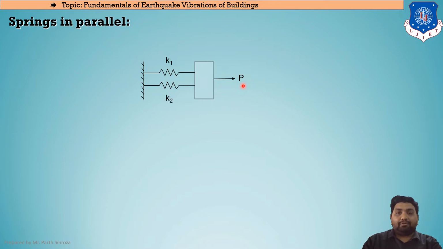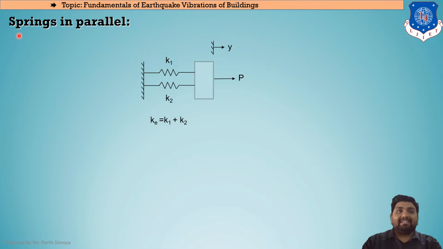After applying the force P, the mass will move in the horizontal direction. Assuming the displacement to be y in the horizontal direction, this is the model that we'll be looking at. Now, the first thing is to find the effective stiffness. If we are introducing more than one stiffener material, or spring, then we need to find the equivalency factor, which is known as KE, that is our equivalent stiffness. So the equivalent stiffness here will be equal to K1 plus K2.